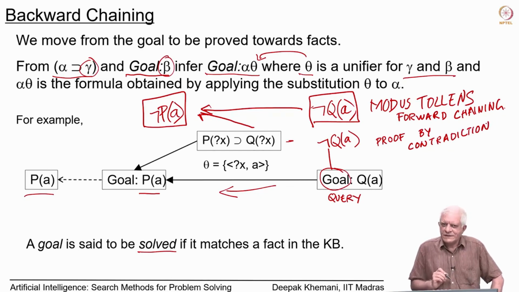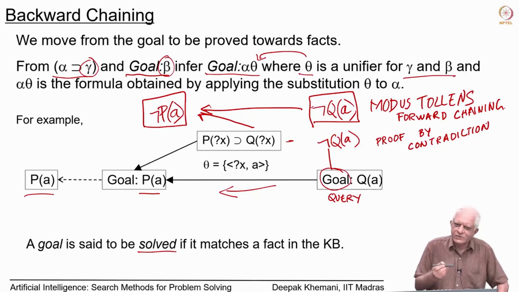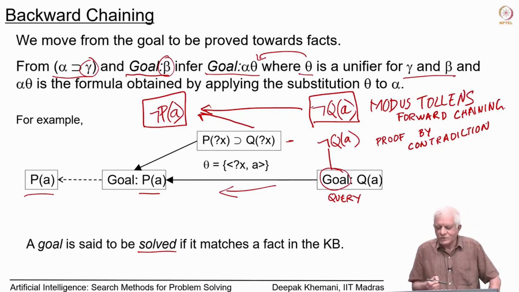How do you do proof by contradiction? You are given some set of statements or premises or axioms or facts as we call it on a knowledge base, and you are given a query, show that something is true. In this case we want to show that Q of A is true, and in proof by contradiction we say let us assume that Q of A is false. So, this is an assumption,